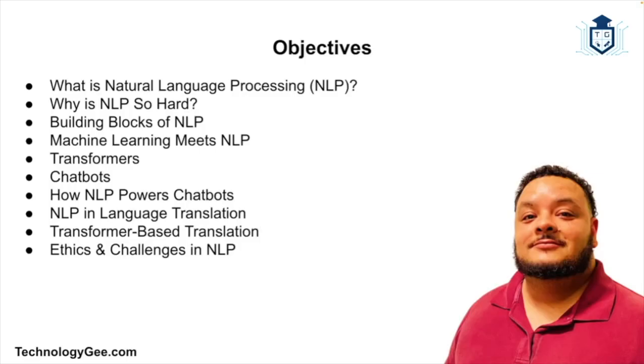Have you ever asked Siri to set an alarm, or have you told Alexa to play your favorite song, or have you used Google Translate to understand a foreign menu? If so, you've already interacted with one of the most fascinating branches of artificial intelligence, and that is natural language processing. Now, you might be wondering exactly what is natural language processing? Is it just chatbots replying with cheeky answers? How does it actually work? And why is it so important in the AI world? All of those are great questions.